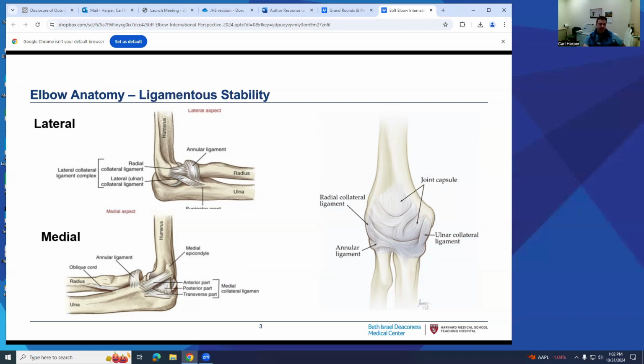Medially, you've got your medial collateral ligament complex, which really forms a triangle, with the anterior band of the MUCL, or the medial ulnar collateral ligament, providing a tremendous amount of stability to the elbow, and the posterior band, as we'll discuss later, really being the culprit for limitations in elbow flexion. Said differently, if you have a stiff elbow that lacks elbow flexion, one has to consider that posterior band of